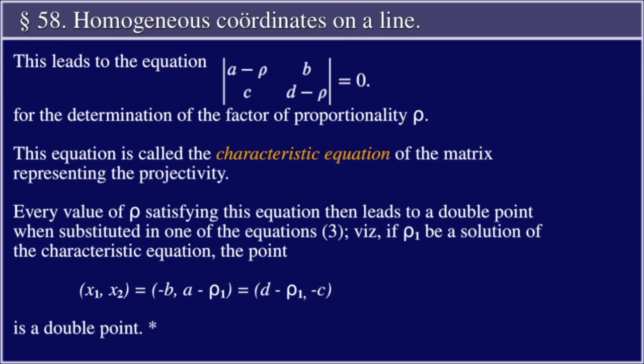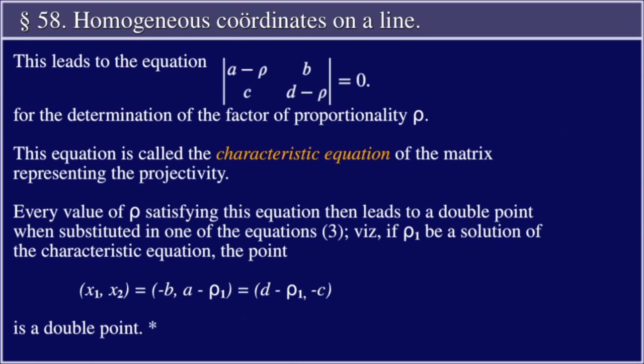This leads to the equation: the determinant of (a minus rho, b; c, d minus rho) equal to 0, for the determination of the factor of proportionality, rho. This equation is called the characteristic equation of the matrix representing the projectivity. Every value of rho satisfying this equation then leads to a double point when substituted into one of